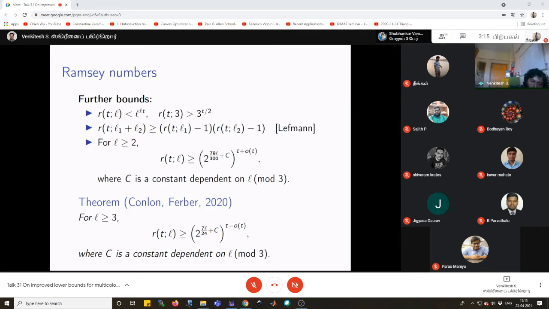I just want to say that the bound written here is a slightly neater version of the bound that they write down in the paper. In the paper, they are more explicit about the lower order terms, but just as I mentioned, for the purpose of comparing the improvement, I am ignoring the lower order terms by just pushing them inside the constant and the little o factors. Okay.